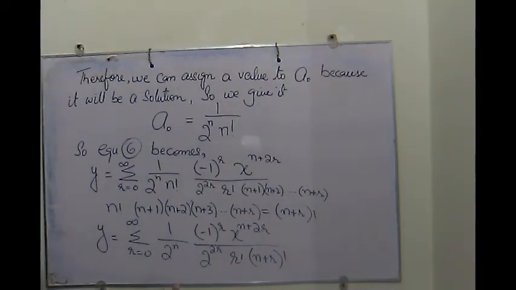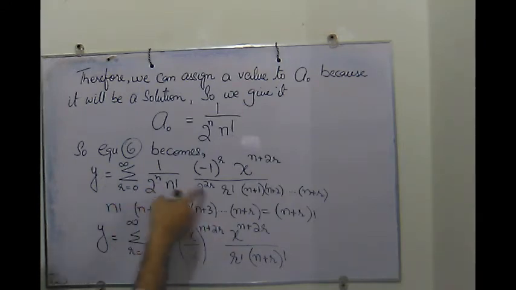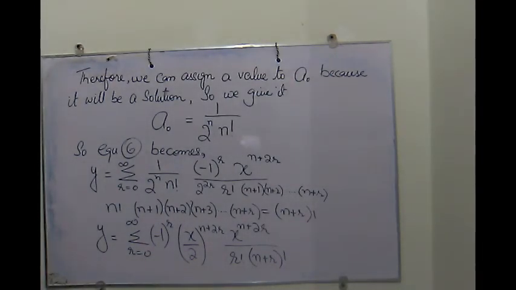We can simplify it more, so better to write it like this. The term which is taking care of the sign, then x upon 2 has n plus 2r, this n, so it becomes n plus 2r, so we can write it in the same bracket, and we do not need to write anything here. We already wrote the x. So 1 upon r factorial n plus r factorial.